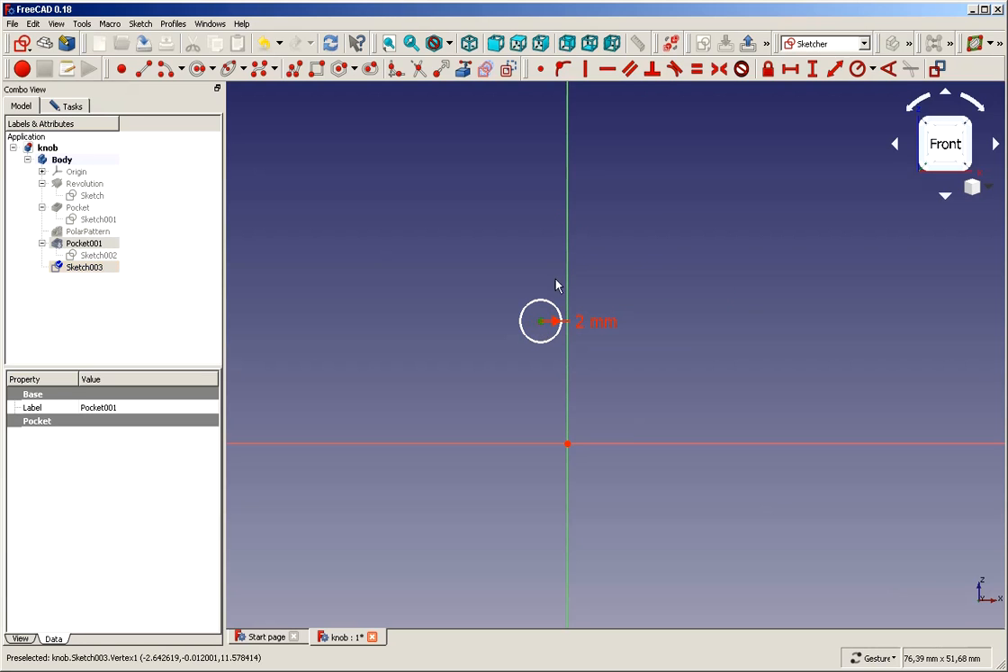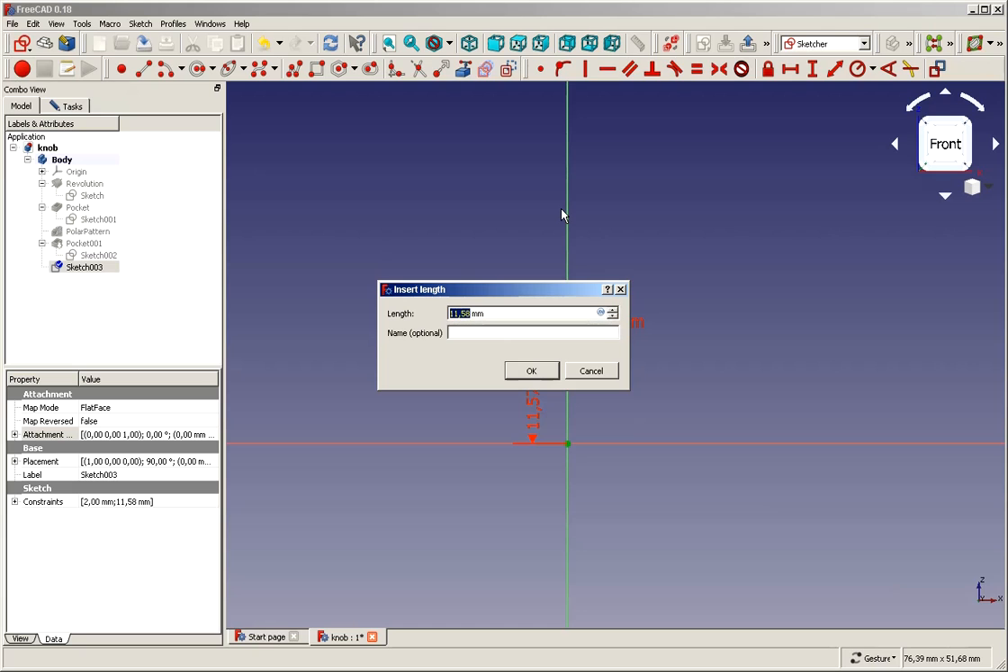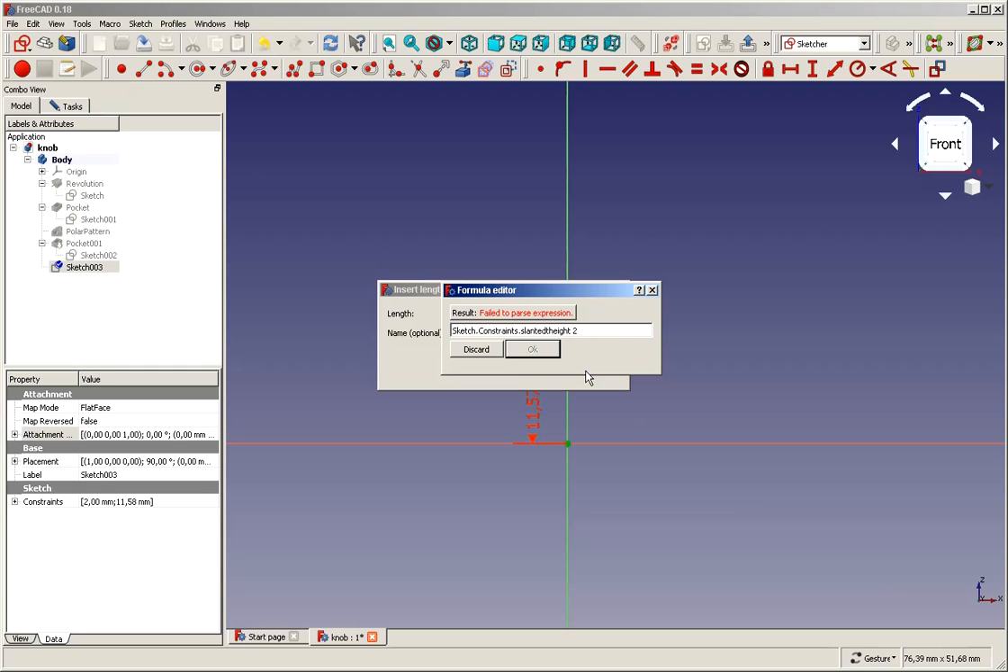we move it, and we fix it to the vertical line, and we define its height again using a reference, and the reference is that we say equal sign, and from sketch, from the constraints, we want to have the slanted height, and to the slanted height we want to add 2 mm for the radius, slanted height plus 2 mm, and